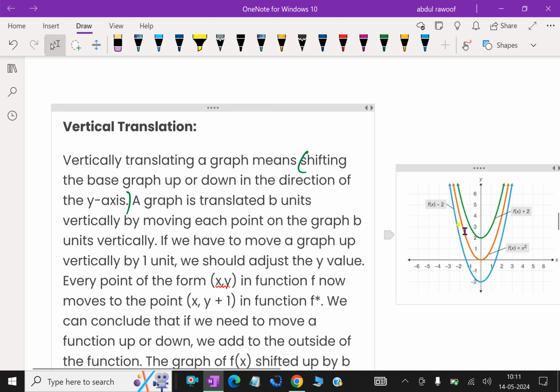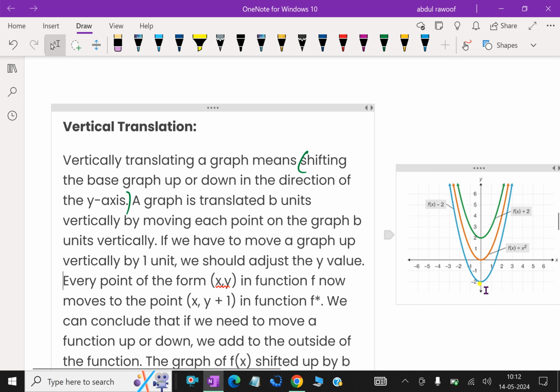Here, look at this base graph or mother graph, that is f of x equals x squared. This is a parabola, the red graph. If it moves 2 units upward, it becomes the graph shown in green. And the same mother function, f of x equals x squared, if it moves downward 2 units,